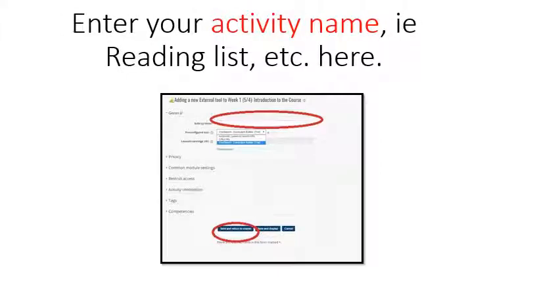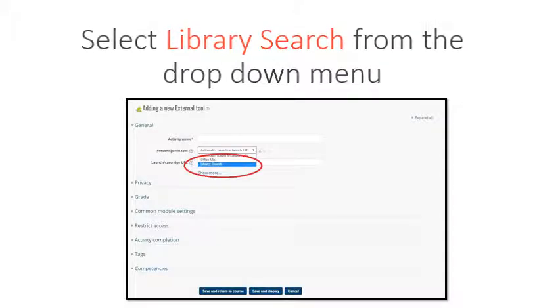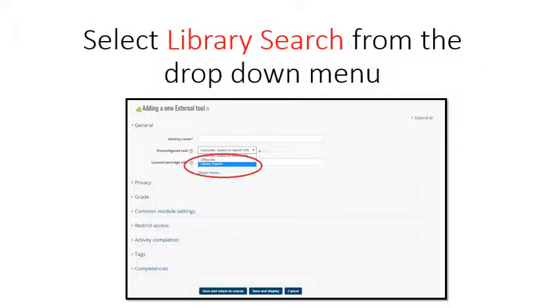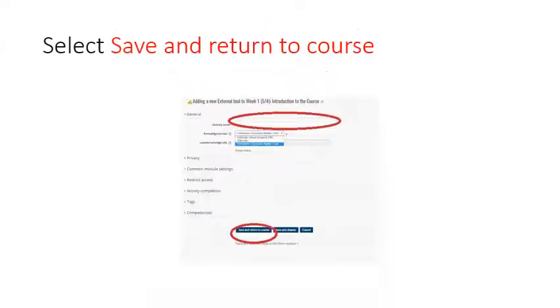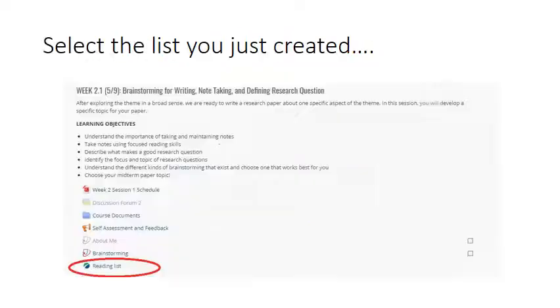And also down here, you're going to select pre-configured tool. And you can see here under the libraries, under the pre-configured tool, we're going to select a library search. Then you will click Save and Return to Course. And I named our list Reading List, and you can see here it will appear underneath your course. So what you'll do is you'll actually click on it,